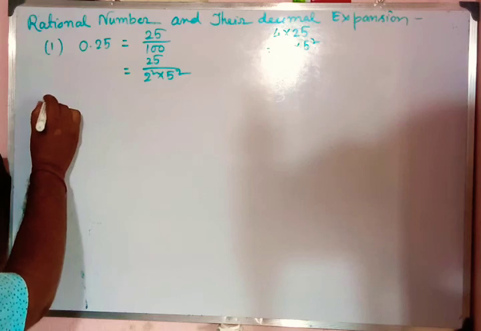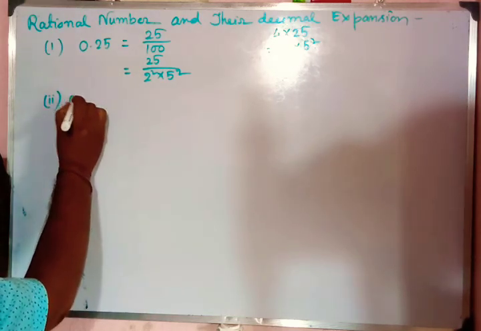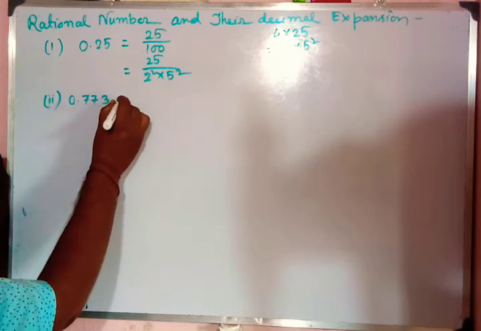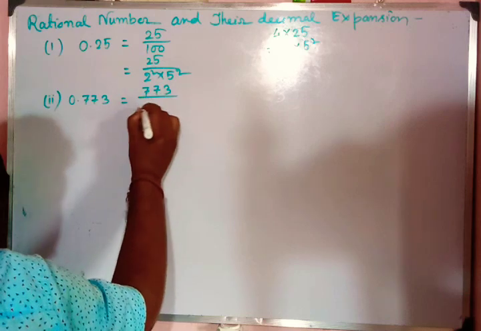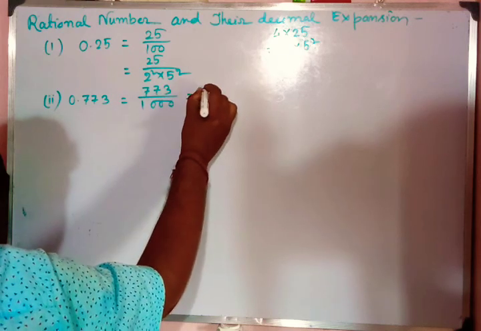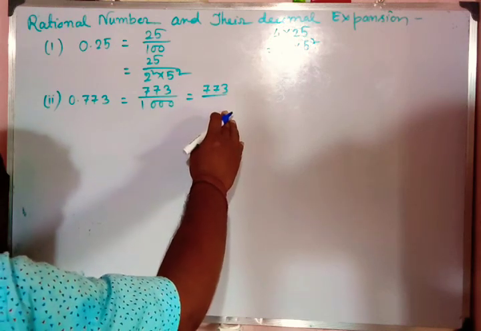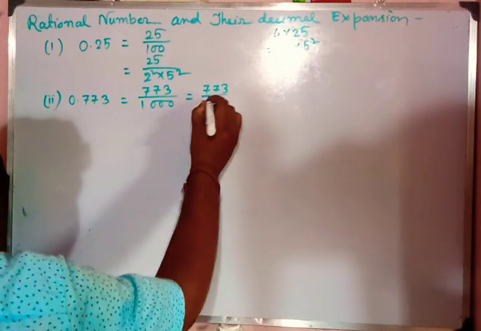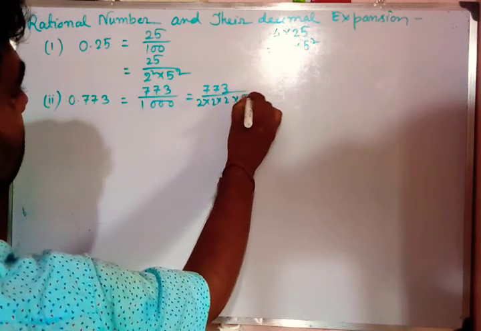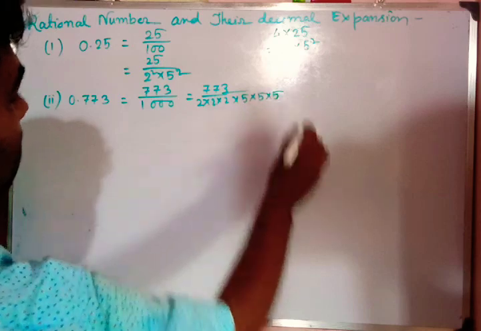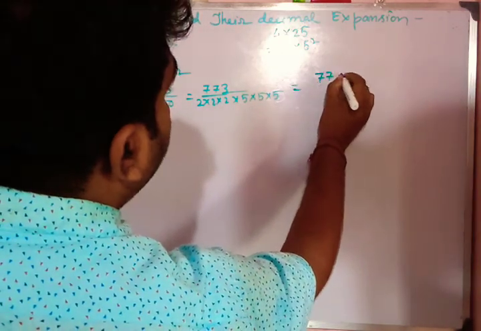Again we are taking 0.34, 0.773, that's implying 773 divided by 1000. If we factorize it, we get 2 into 2 into 2 into 5 into 5 into 5, that means 773 by